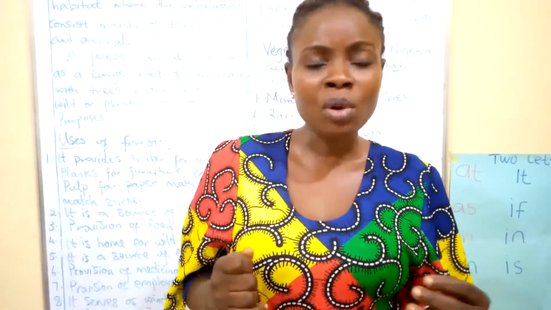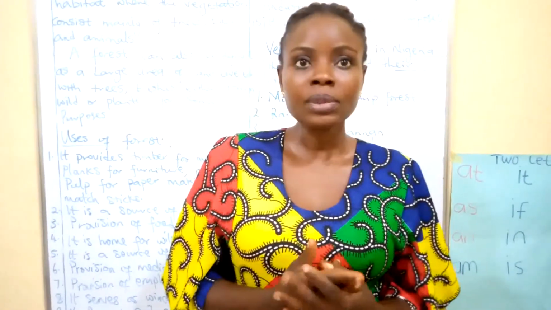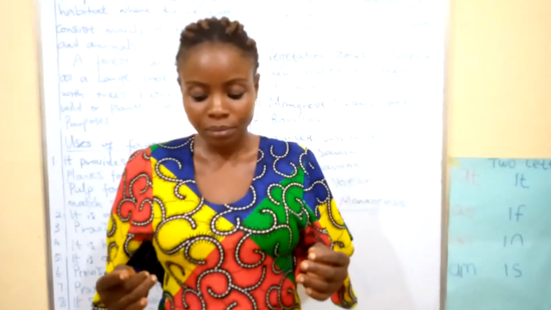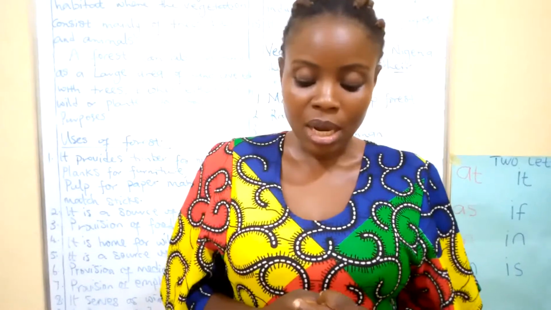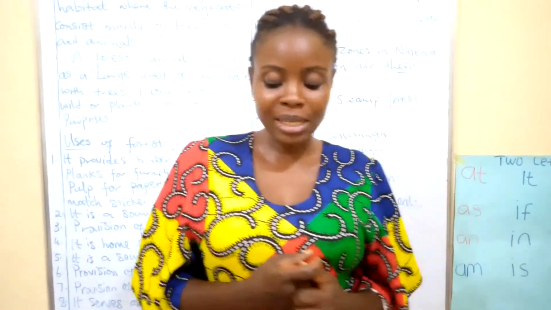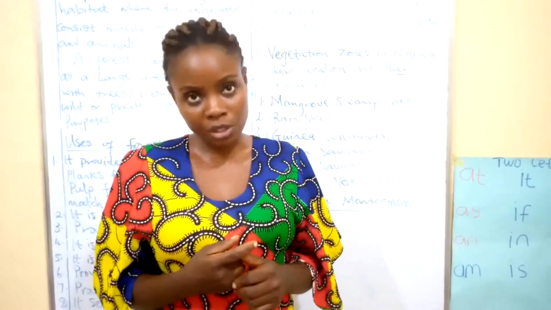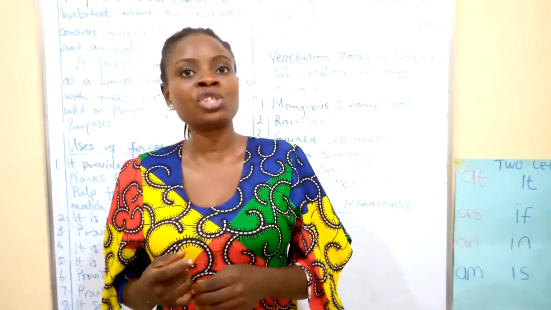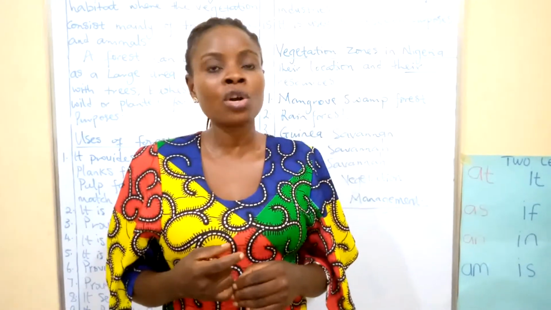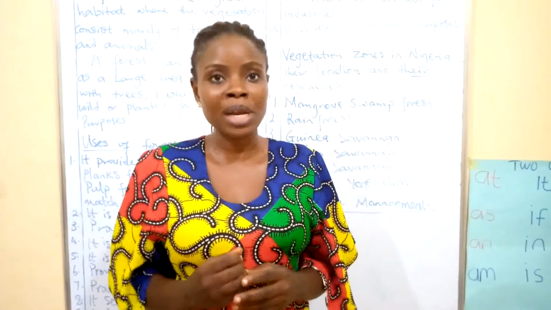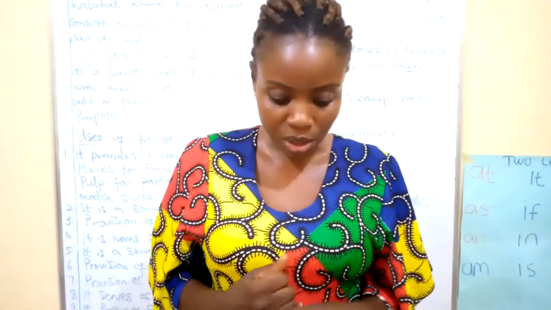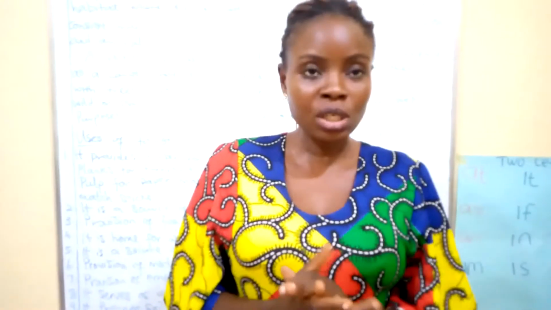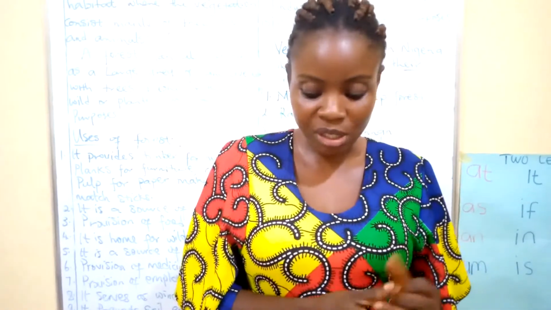We also have the one we call the Taungya system. This system is where forest trees and food crops are planted together on the same piece of land. So instead of destroying the forest to do your crop farming, you can also plant on that same piece of land where we have those trees. Number 8 is the use of trees with tillering ability.